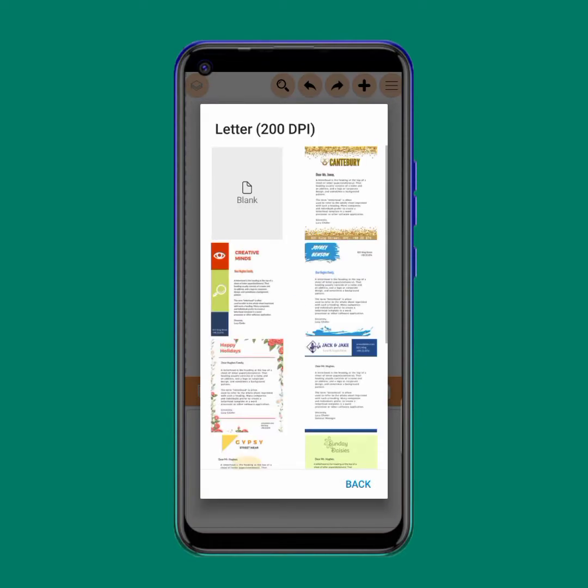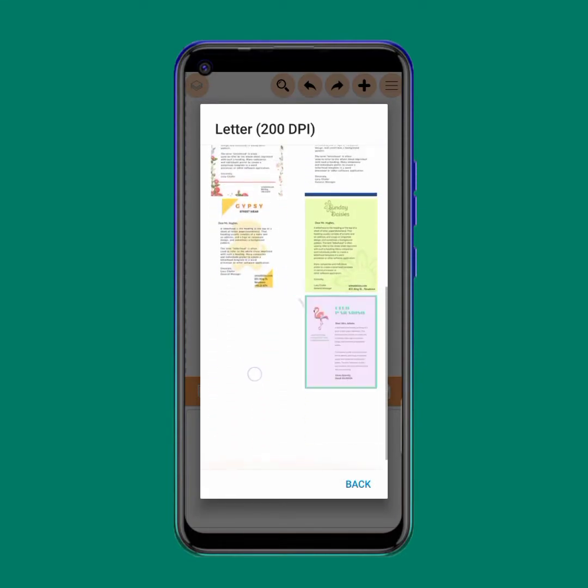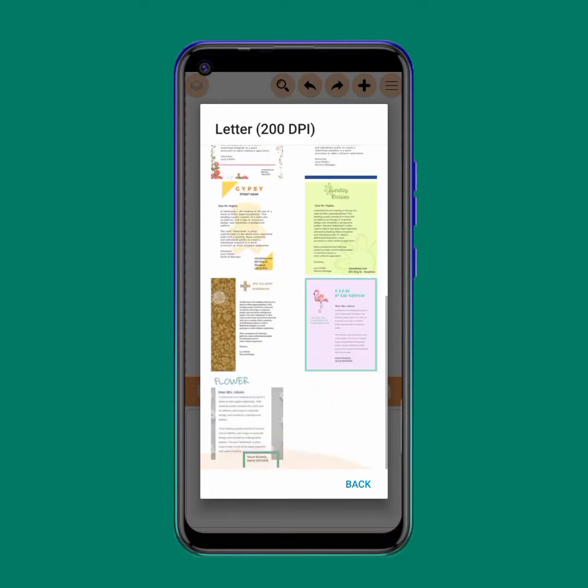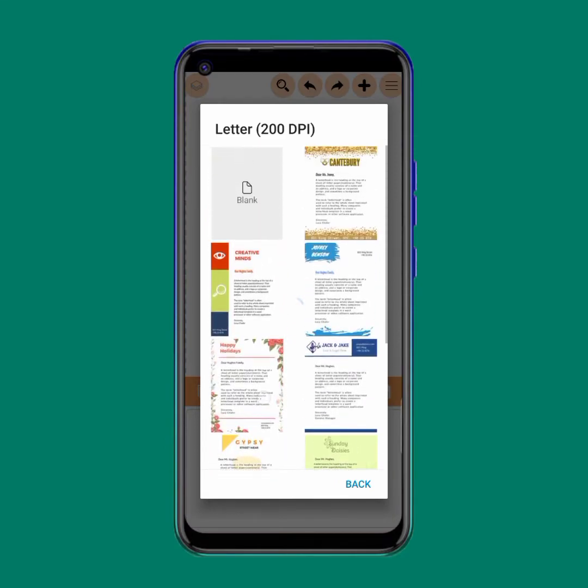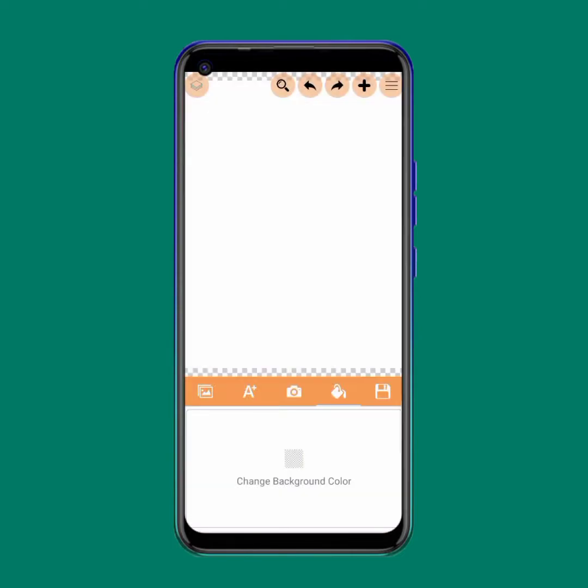From here, we don't have anything that we want. These are letterheads and lots of things we don't want. We're just going to start from scratch. Okay, so let's get started. We click create from blank, but you can see if we use the zoom button and zoom out,